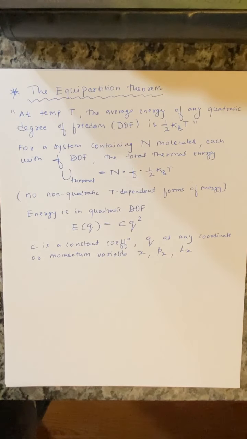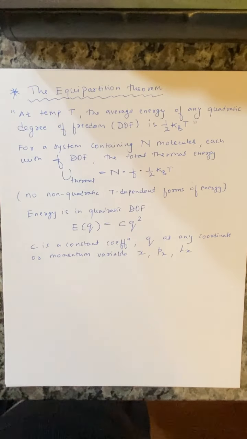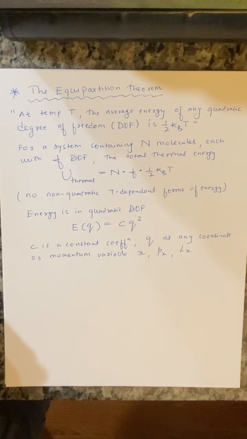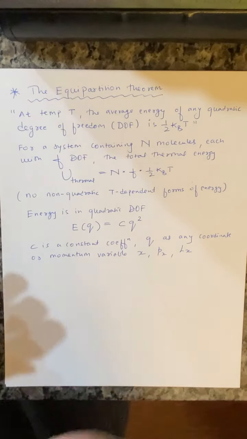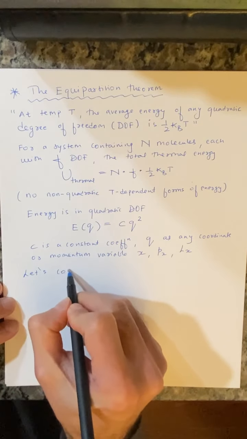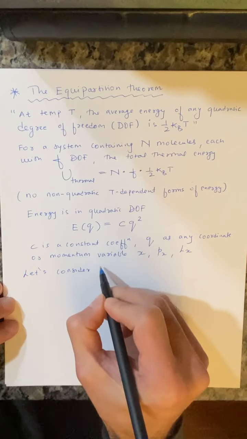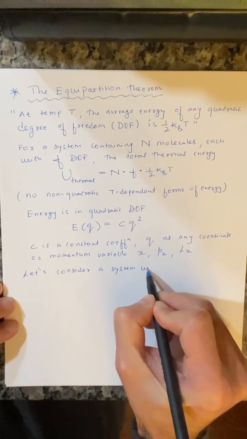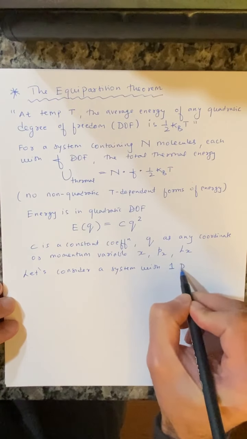Any of these could be given here by Q. In a system like this, let's start with the simplest. We always do that, right? Let's consider a system with 1 degree of freedom. Let's consider a simple system with 1 DOF,